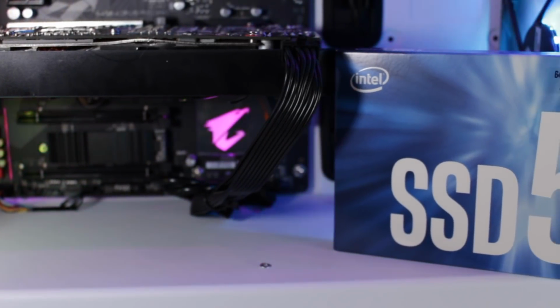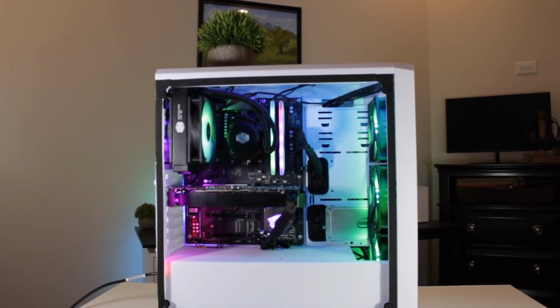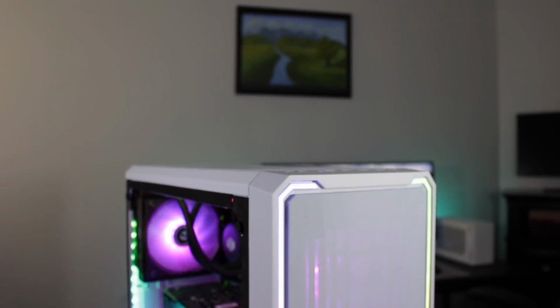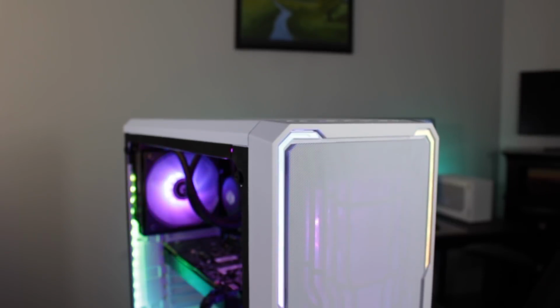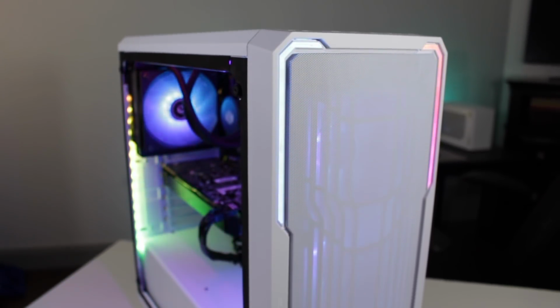Going with a big SSD to start is a great option in my opinion, as you can always add mass storage in the form of hard drives later down the line. With that being said, personally, if I didn't edit videos, 512GB of storage would really be all that I need. Another option would be a smaller SSD and hard drive combo, but personally I would rather have the large SSD